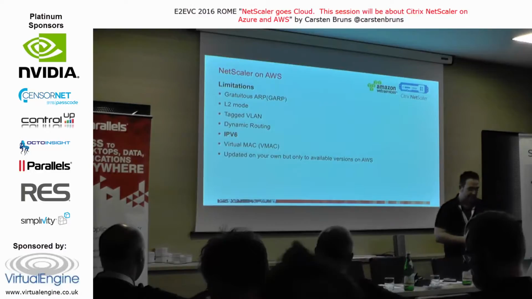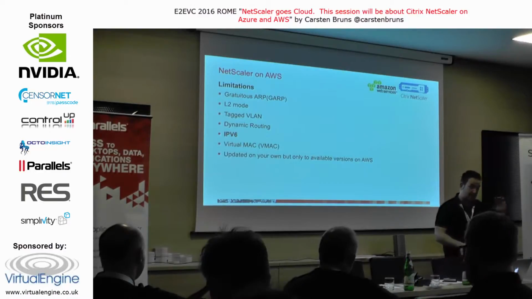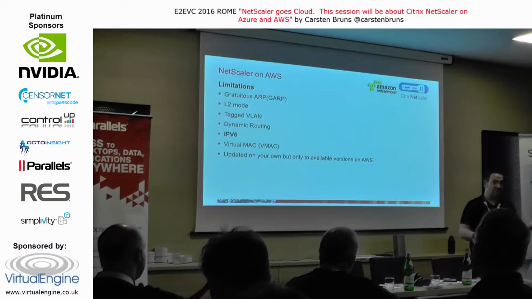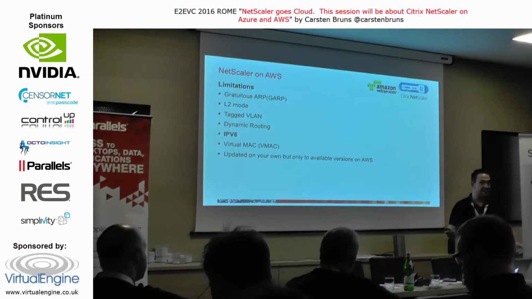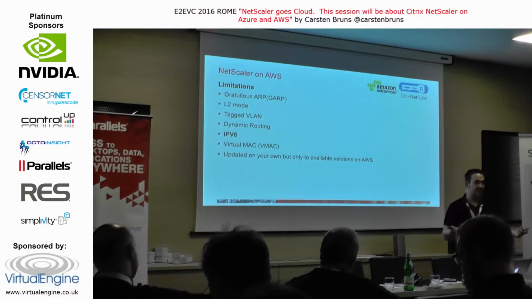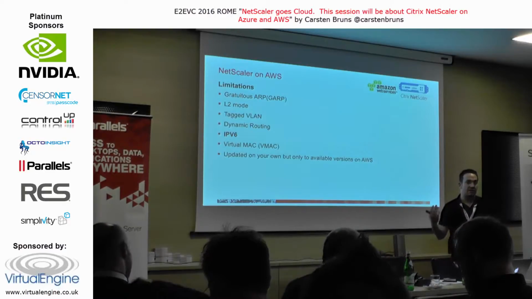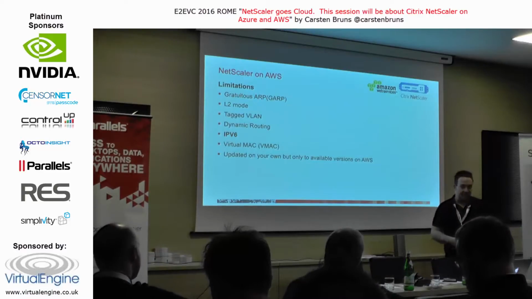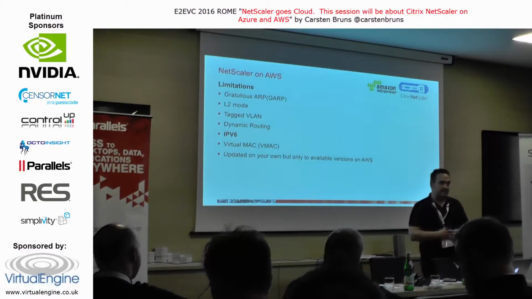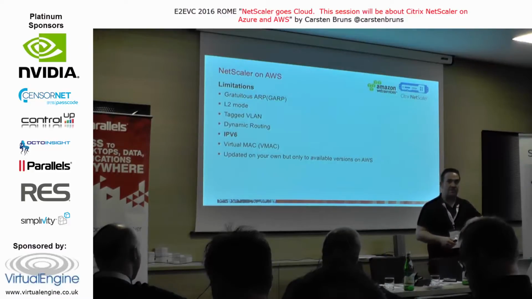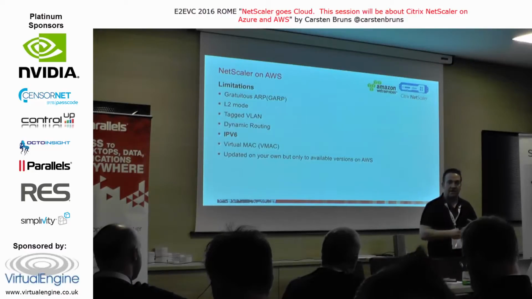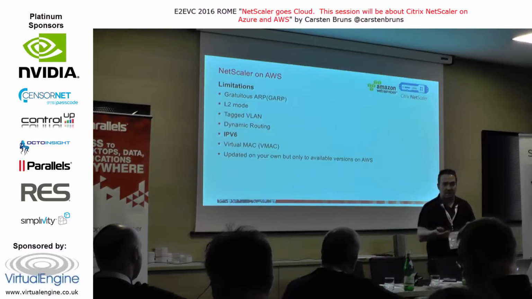And in Azure you have got one limitation more. You can't create HA pairs based in Azure. The feature is not running because it's based on layer 2, so you can't create it. And in Azure you have to use the Azure load balancer. If you use it, you will have high availability, and you will also have the scalability you want to have because they are also in an active mode.